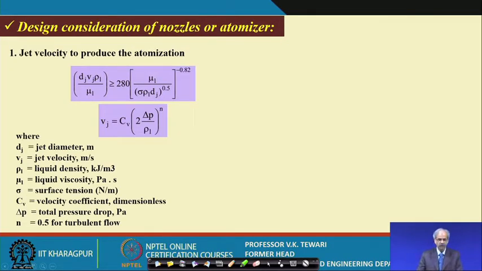Design considerations for nozzles or atomizers. What are the design considerations? You need to know how much velocity will come out, so that you get properly atomized particles of that size. Out of the literature, people who have researched have found empirical relationships